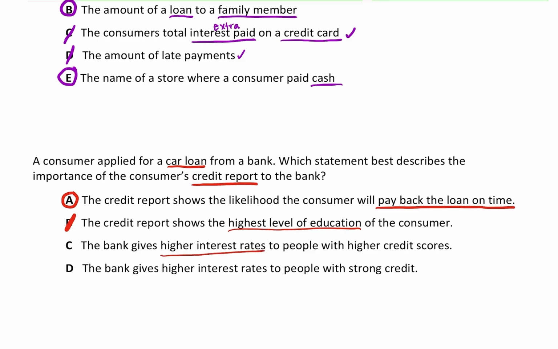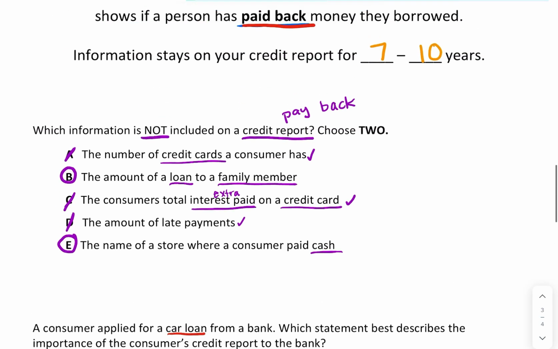Higher interest rates do not go to higher credit scores. That is wrong. And again, higher interest rates, strong credit, those are the same thing, and that is also wrong. So a credit report is whether you're going to pay stuff back. And they keep track